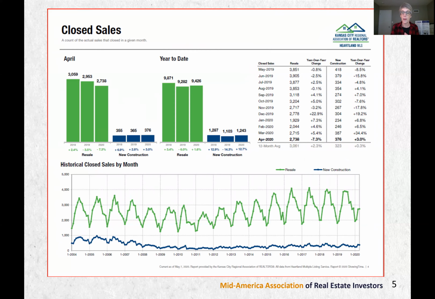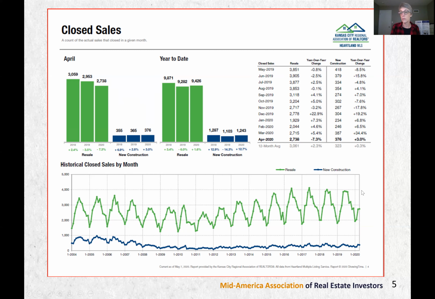Closed sales, transactions that have actually closed. And this is what I think is very interesting. Everybody's like, oh, when the Great Recession happened, the economy and the houses, it was awful. But here in Kansas City, here's the recession right here in the middle. If you can see my mouse swirling around there, it went down, yes, but did it go down a lot? No, it didn't. And right now, we're a little bit above the high. So we are at our highs of 2016, 17, but we're staying put. We're on our normal market rise, and we're going up to our peak in the summer.